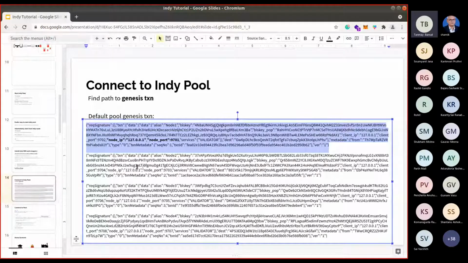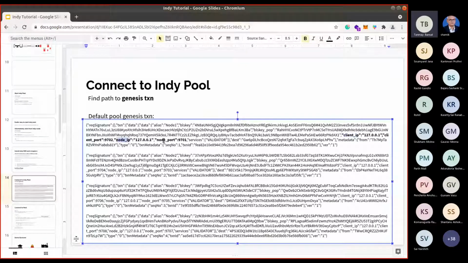Genesis nodes means the nodes which are starting the INDI ledger for the first time, and for each node there will be one entry. You will see that there are some cryptographic keys, like this BLS key and this BLS pop, and also specific things like client IP, client port, and node IP and node port.